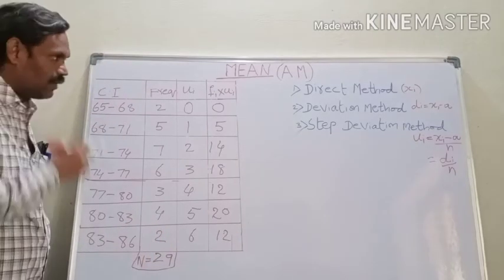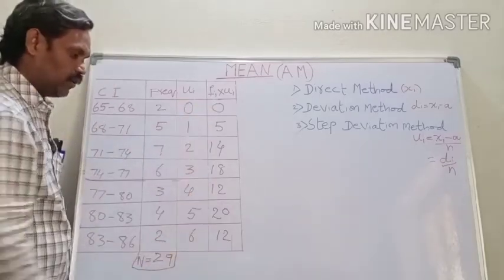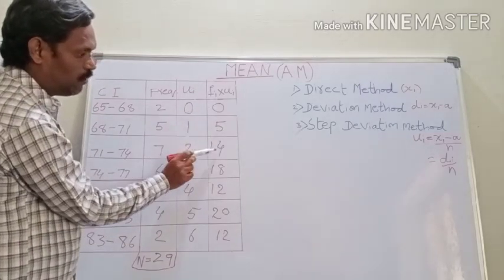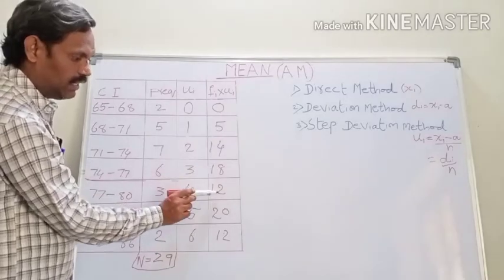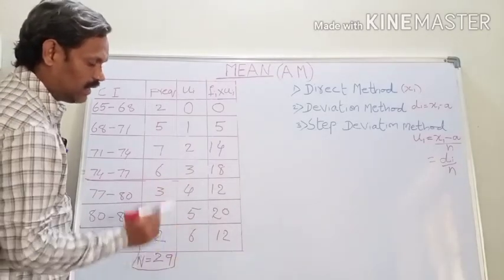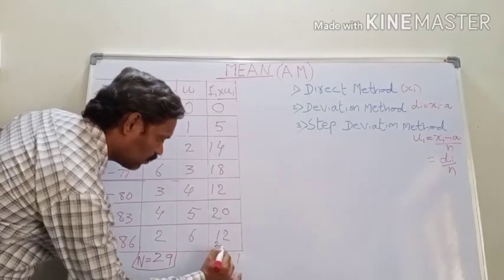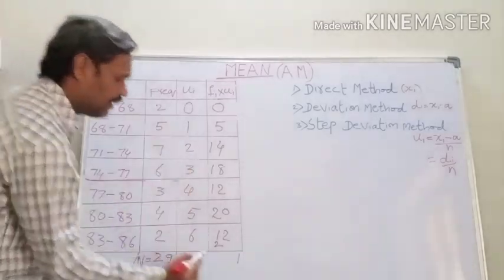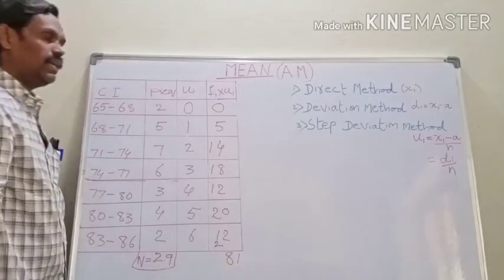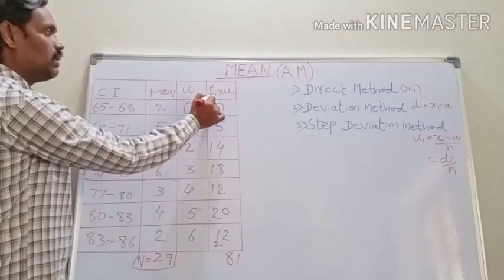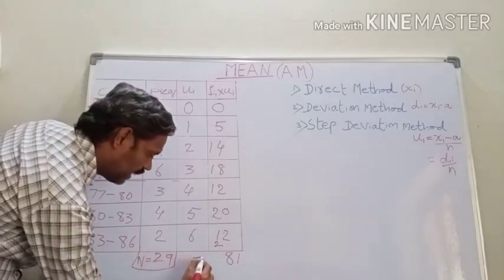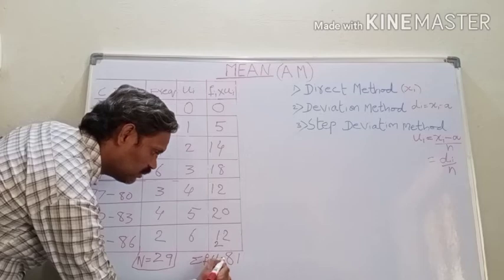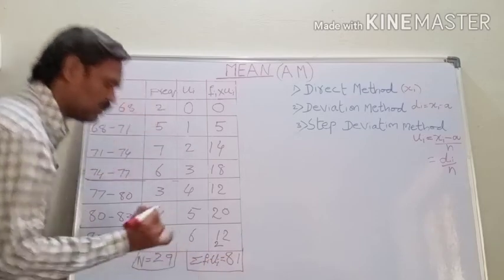Okay. Then you have to add fi into ui. Come for the ones place: 0 plus 5, 5, 5 plus 4, 9, 9 plus 8, 17, 19, again 19, that is 21. Here 2. Then add the tens place: 2 plus 1, 3, 5, 6, 7, 8. So this sum becomes 81. What is the sum of 81? It is the sum of fi into ui. That can be written like this: sigma fi into ui is equal to 81. Put it into the box. Okay.